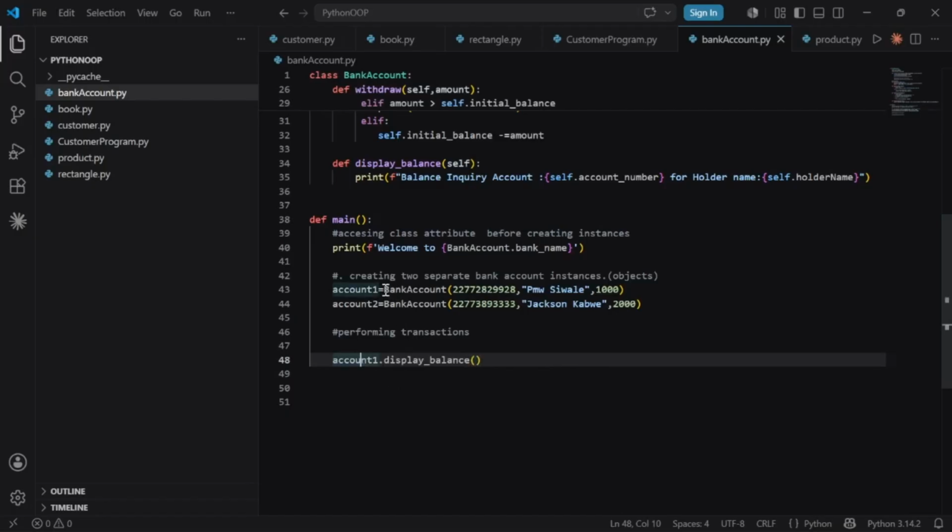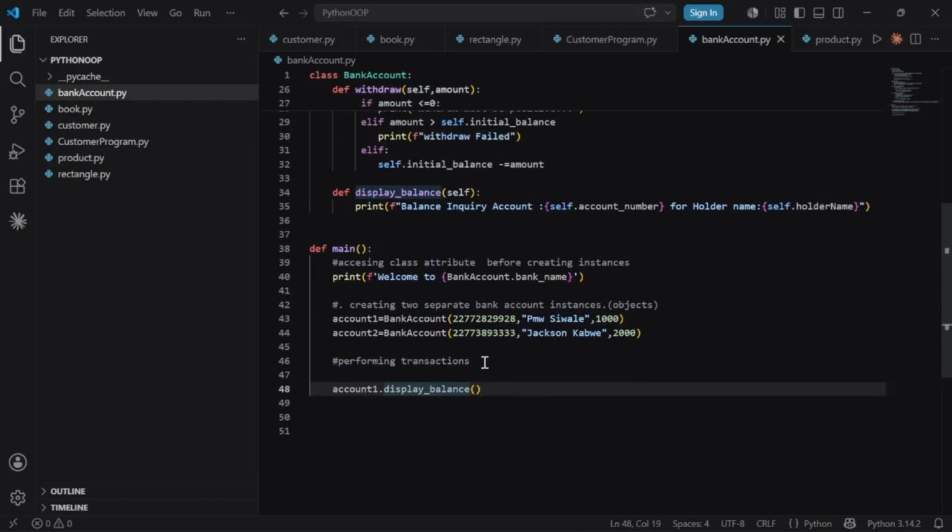We can only access class methods through their instance variables. That's what we are doing here. So display balance, it is this one. Therefore, it has to display the balance of 1000. That's in a normal situation with this kind of message. We shall do the same thing